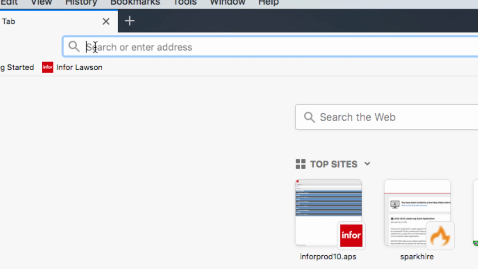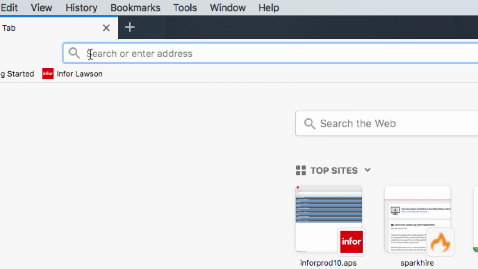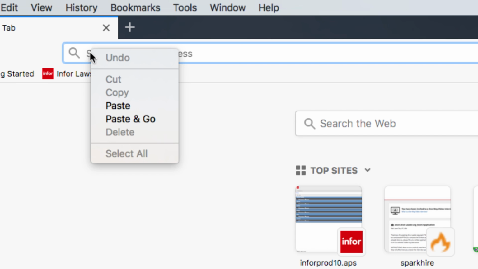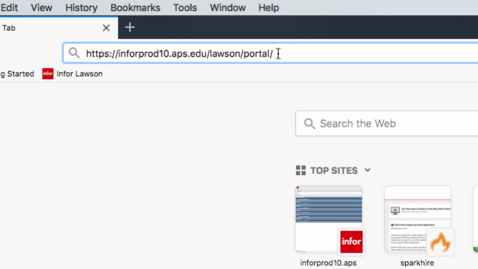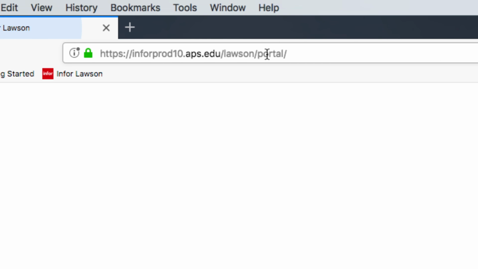Otherwise, you get to go in here, and this is called the address window. Click in the address window, and you'll see that the cursor is blinking. Then you're going to hit Control, press once, and then hit Paste. You can let go of Control, and there we go. There is the website for Lawson. At the end of it, you can hit Return. So you just click to the end of that area, press Return, and it will launch